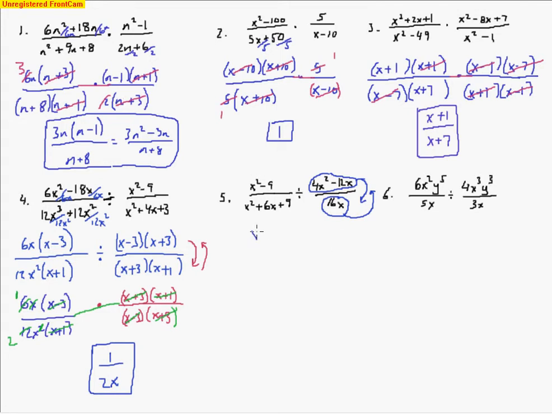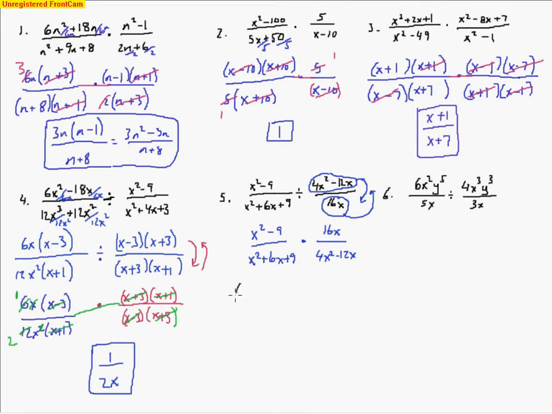We've got this x squared minus 9 over x squared plus 6x plus 9. And now we're multiplying by 16x over 4x squared minus 12x. So now we can go ahead and do some